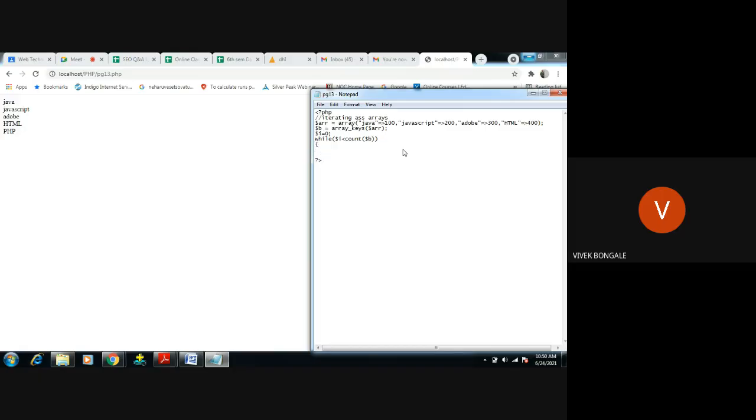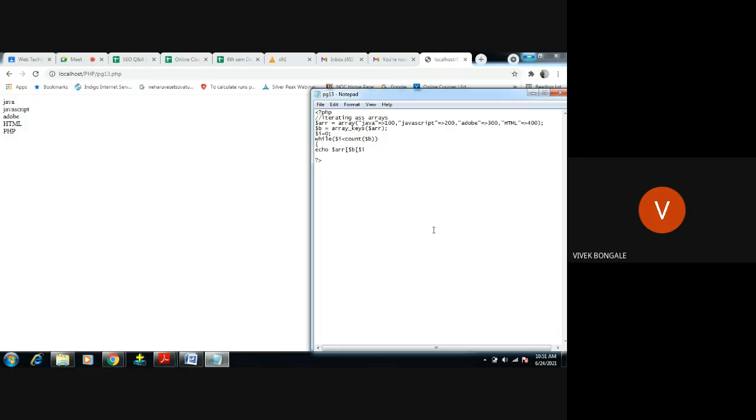Open echo $arr. Then you are displaying the values 100, 200, right? So they are there in $arr. Keys are there in $b, and $I is the incremented value here.